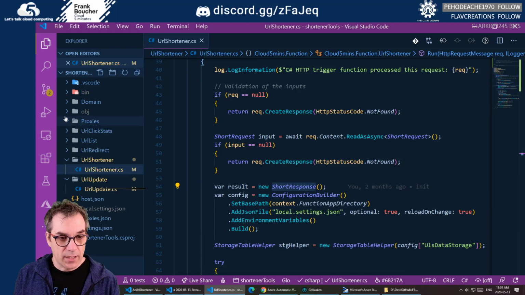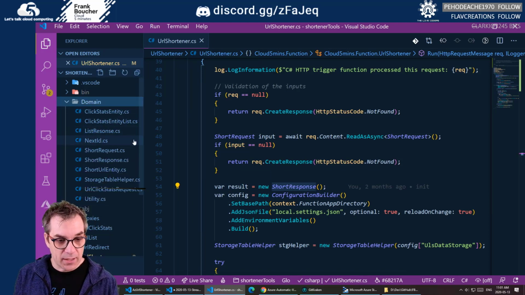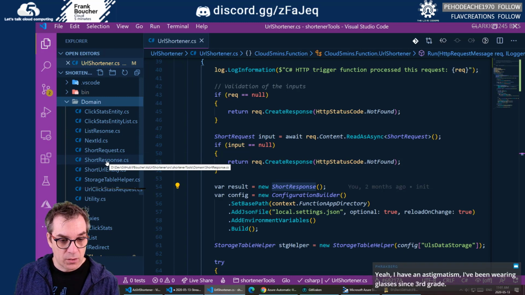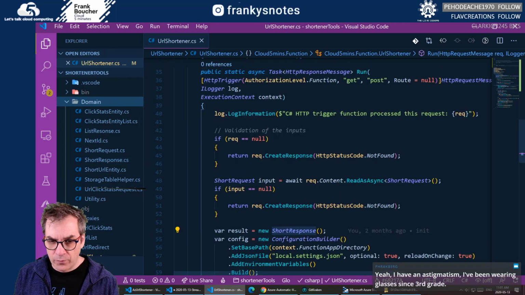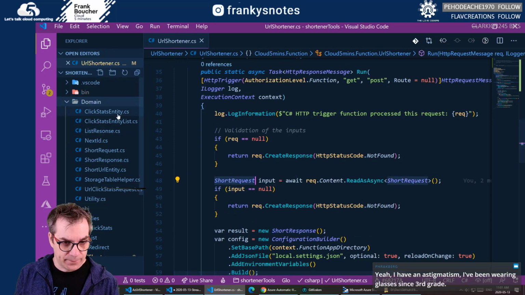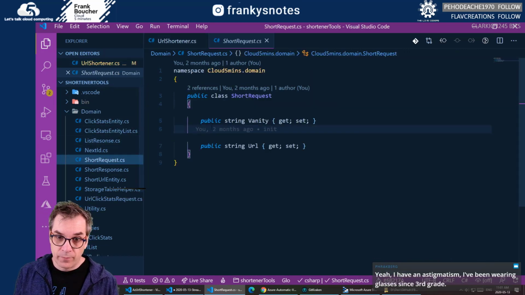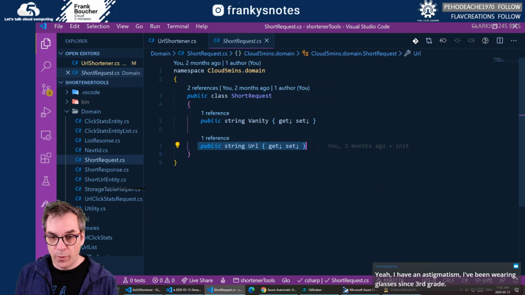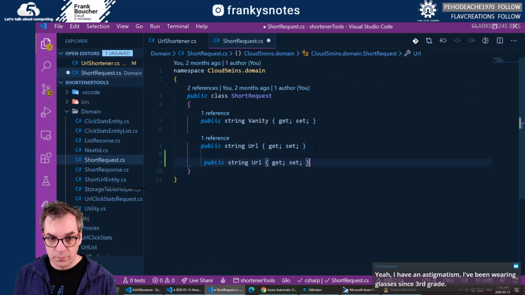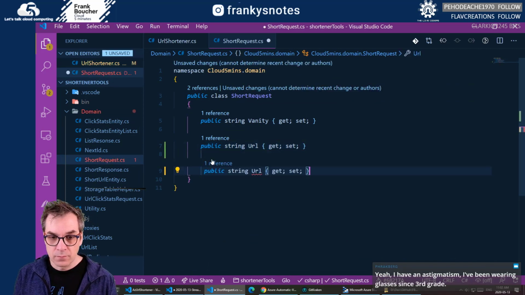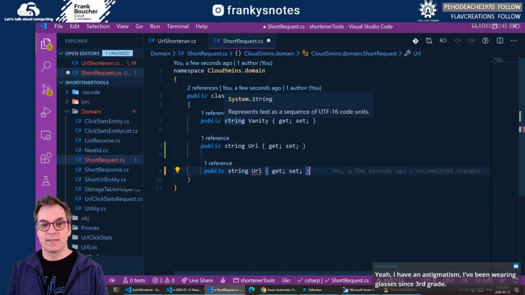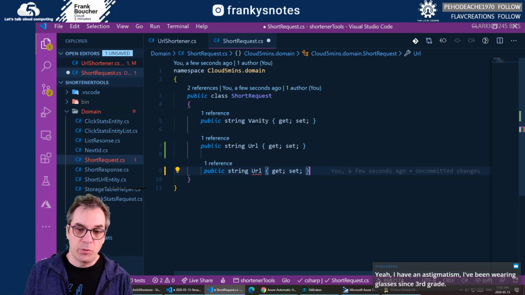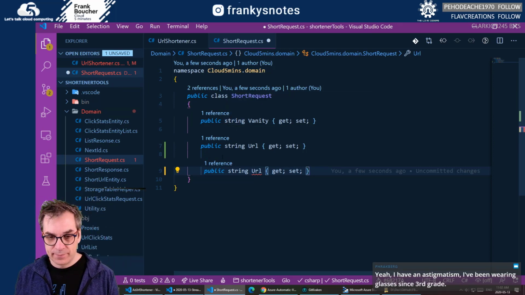So let's go check this object. Short request. So we'll need a new property here. I'm assuming they generate the documentation based on that, right? If you put stuff in it.